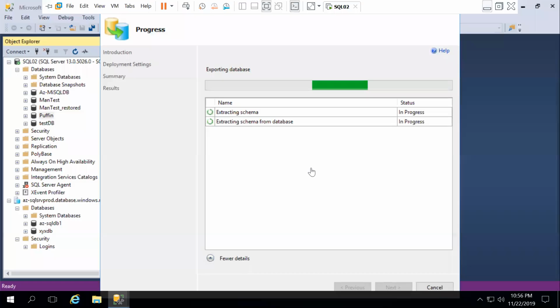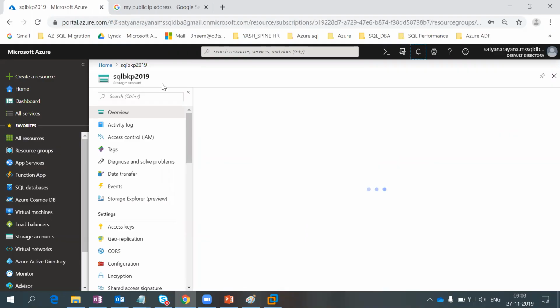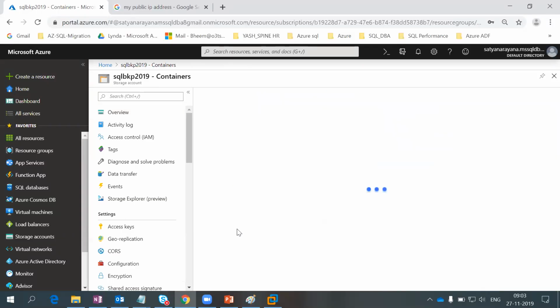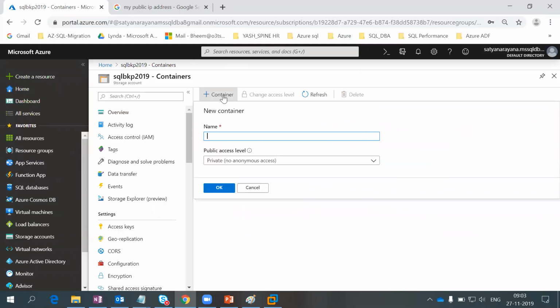It is going to deploy. It is going to take some time. So without wasting our time, I want to go and create some backup. This is my storage account. You guys are very familiar with how to create the storage account. And here is my blob container, where I can store my backup files. Here is my container name. So here I will go with prod SQL